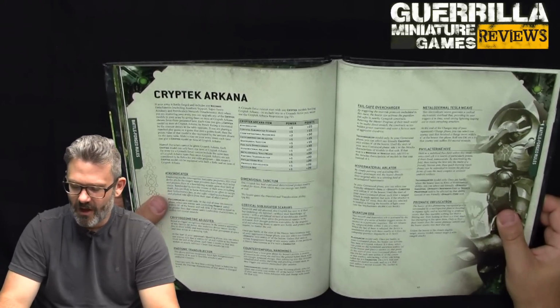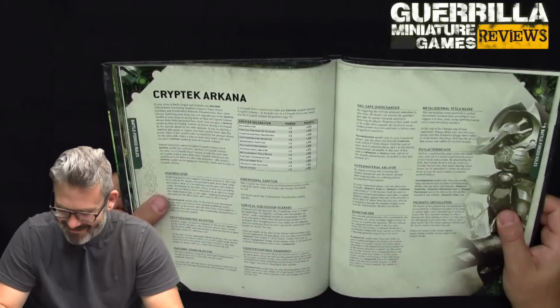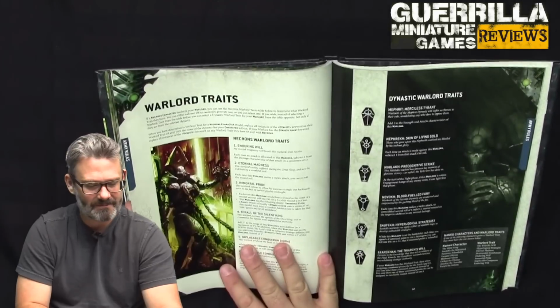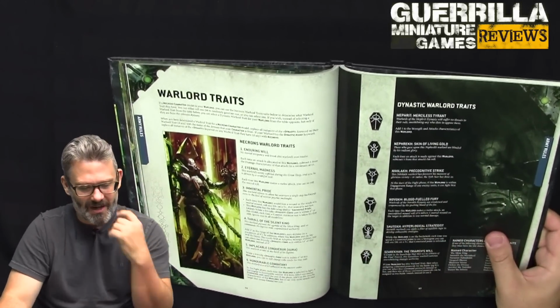Prismatic Obfuscatron, unless the bearer is the closest eligible target, it cannot be targeted by ranged attacks. That one's pretty cool. And then we're into Warlord traits. Okay, so